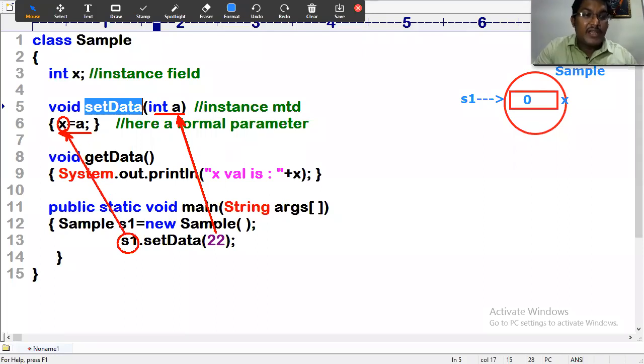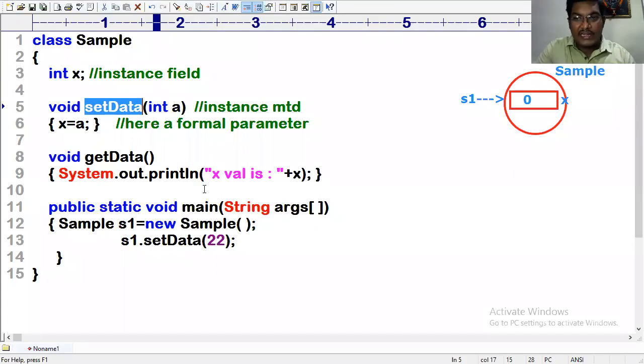X is a member of S1. The value of A is assigned to the X member referred to by S1. Now you can understand what happened here: the 0 got replaced with 22. This is what exactly happens. We need to understand this flow. We are personally requesting you to understand it this way.